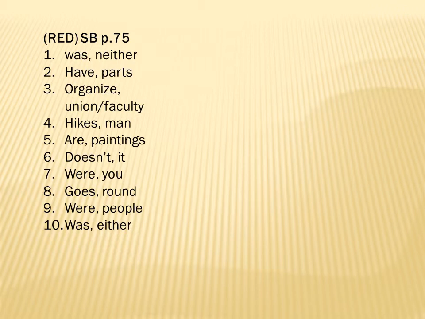Was, either is the word that determines that it's was. If it was both my suitcase and camera bag, it'd be plural, but it's either one or the other, not both. So it's singular. Number 11,